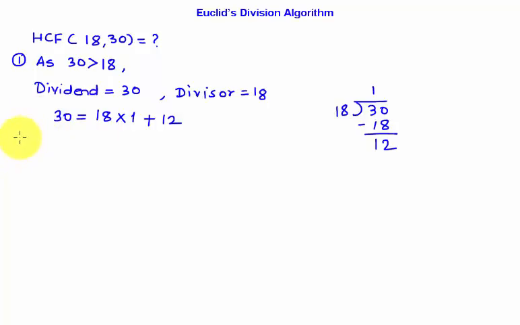Now in the second step we have to check whether the remainder of the previous step is 0 or not. As the remainder is not 0, we have to carry out this procedure again. So as the remainder in the previous step is not 0,